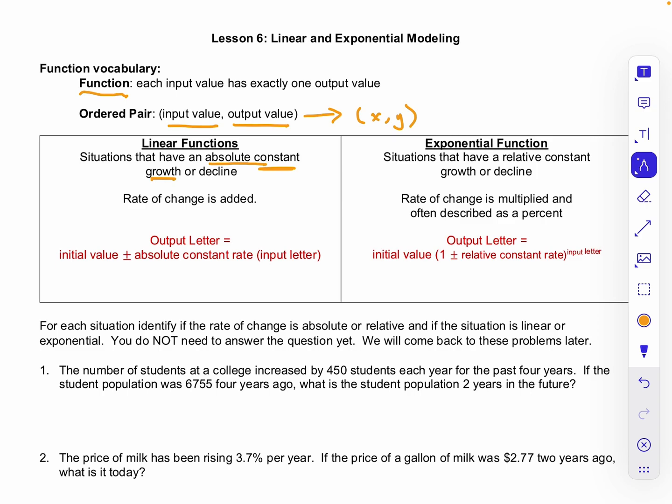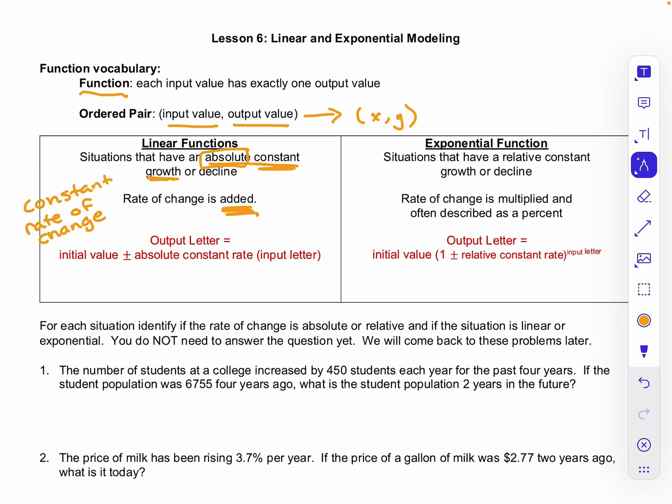So we like to think of it as the rate of change is being added. Sort of it's an additive relationship. Each month it goes up by this specific dollar amount. So key thing here is that we got a constant rate of change. And so in this class we will be thinking about that as an absolute rate